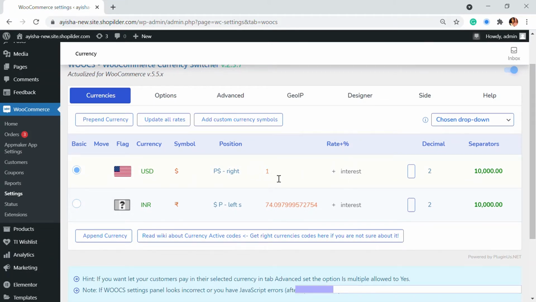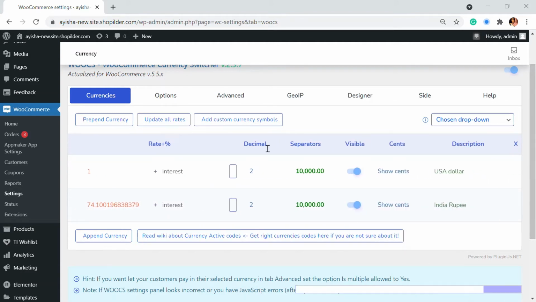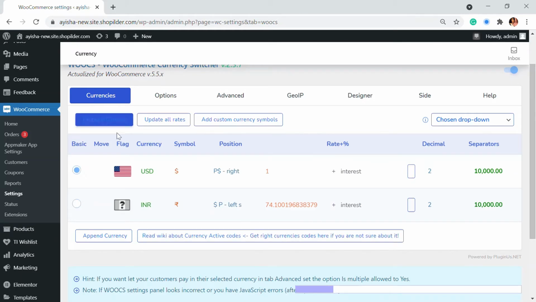Then you can also see the price or the exchange rate that's for the plugin, which in here it means 1 USD costs like 74 INR. So that's the rate right there. So if you want to update it regularly, you can just click on to this option and this will be updated. Then there are separators, the comma separators, and also how it will be visible and everything is also there. And the description you can add that. So here this is already given, so that's just about that.